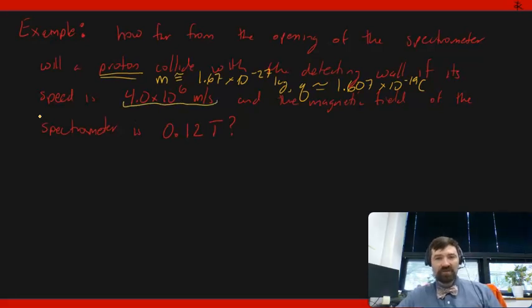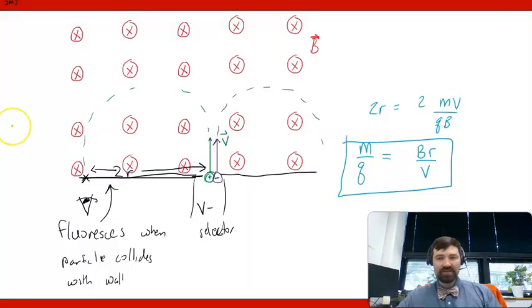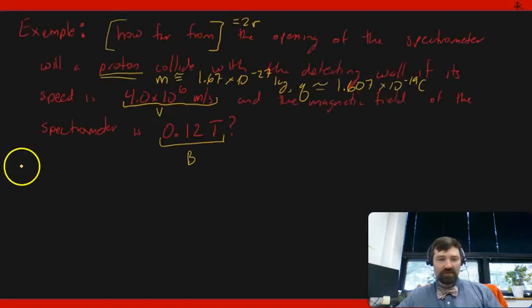This right here, of course, is the speed. This right here is the magnetic field strength, and this term right here, the how far from, is equal to twice the radius. So we're basically using this first equation. So we should be able to write that the distance, which is equal to 2r, is 2mv over